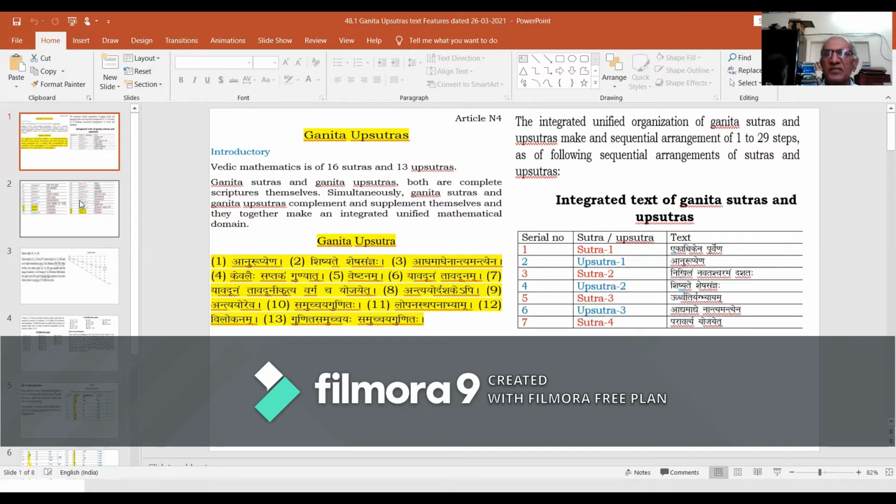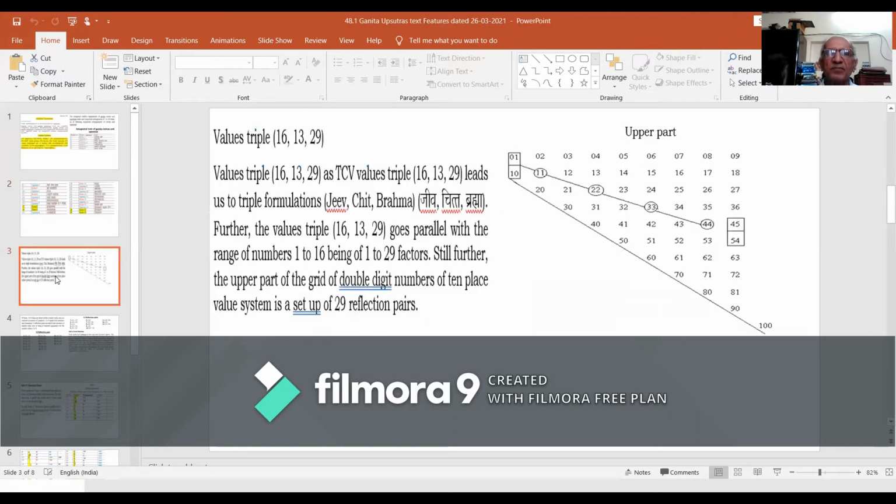is of such features and such values that they have to be recognized, imbibed, and appreciated, and to have further insight about the special features of value 16, let us arrange numbers 1 to 16 and then look at the factors of numbers 1 to 16. It will be blissful to note that numbers 1 to 16 lead to 29 factors. Value 29 accepts an organization of 16 plus 13, and it is this feature which will also help us appreciate the